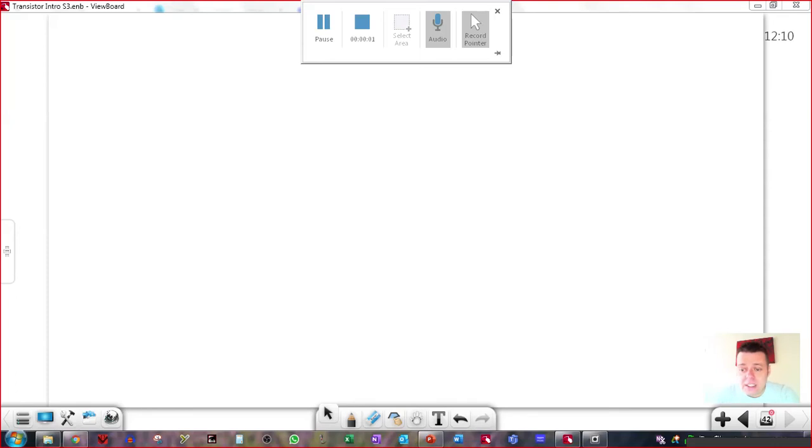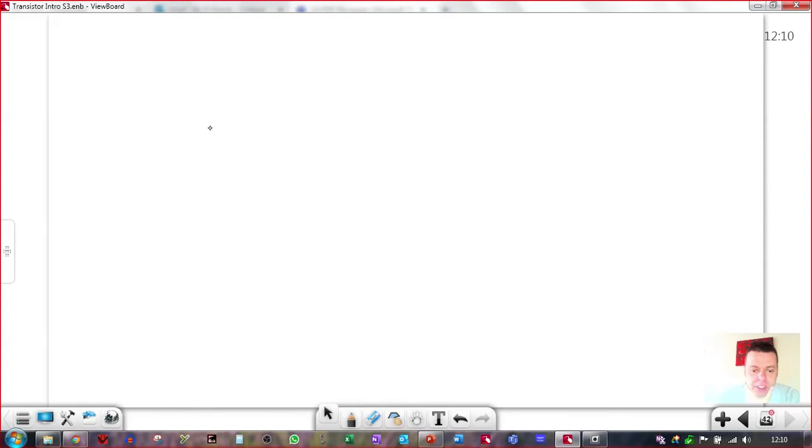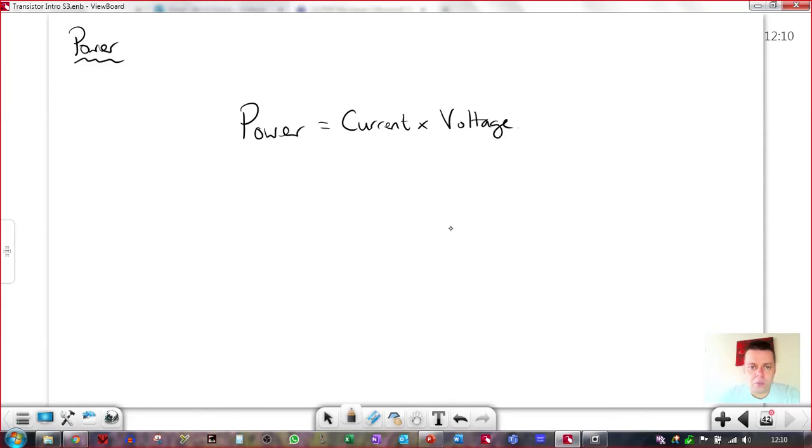Okay, today's lesson is on power, right? Power is an electrical quantity that's measured in watts. And we are going to do calculations around power. It's a three-term equation, you get it in the data book. So the three terms are power is equal to current, we already know about current, multiplied by voltage. Okay, so P equals IV, and the units are